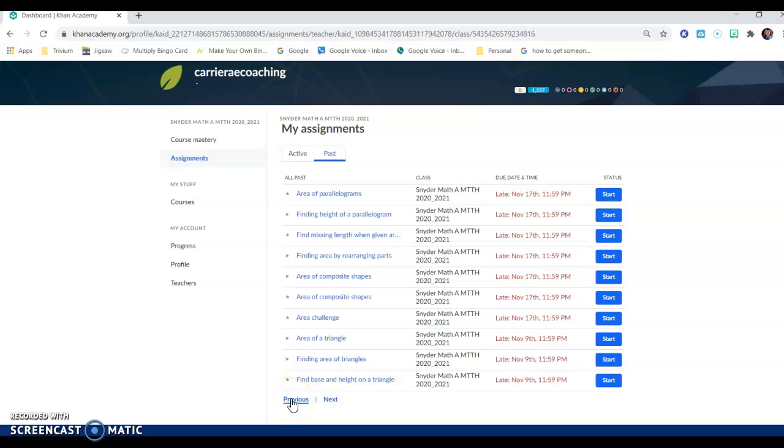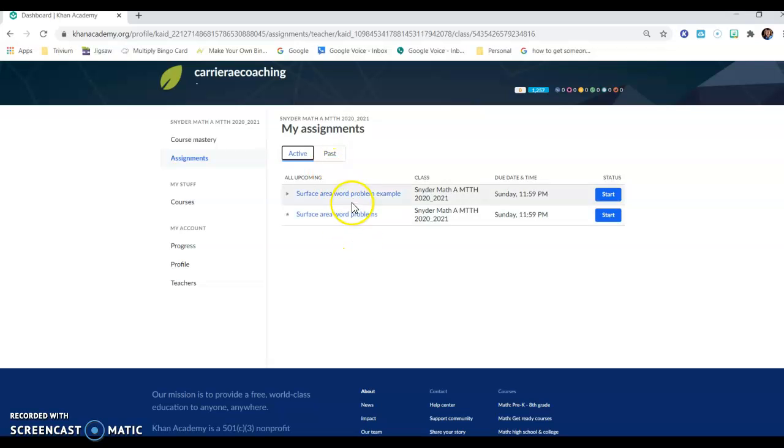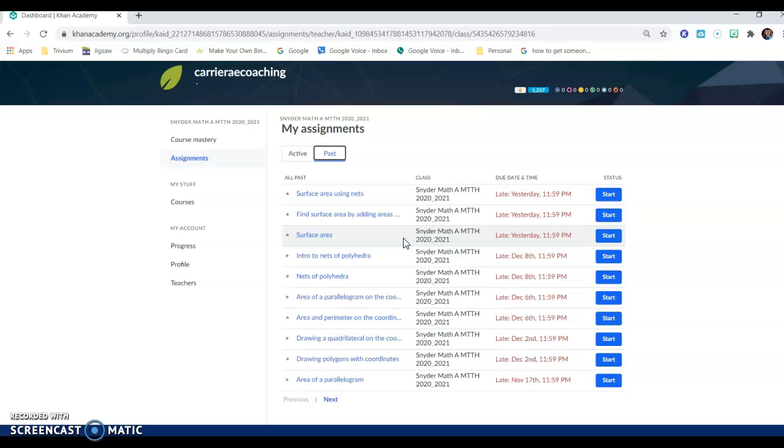So that is how that works. So again, have the student log on, or students, you can log on, click on assignments. The active assignments will be here. These are the ones that are currently due, and the past assignments will show up here. And then